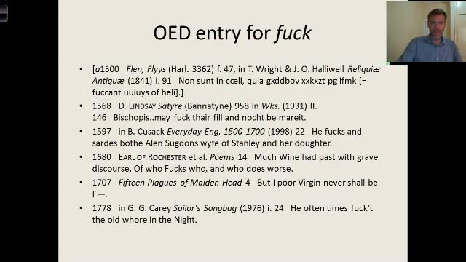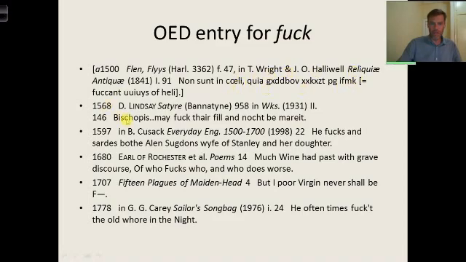Now, I said that the other thing that the Oxford English Dictionary is great for is finding the early context of words. And so they do that, and they give some early quotations. Here's the earliest one that they give. This is from a poem, which is typically called Fenflös, from a line from the poem. And it's this part right here that they're interested in, and we'll go over that in a little more detail in a second. What the heck is going on here with this nonsense stuff?